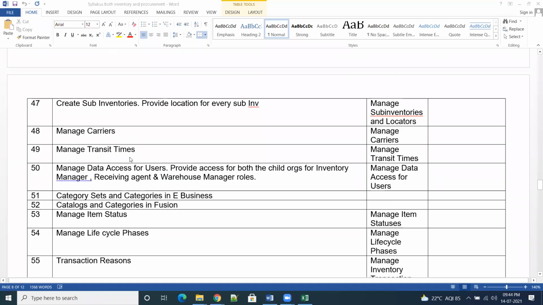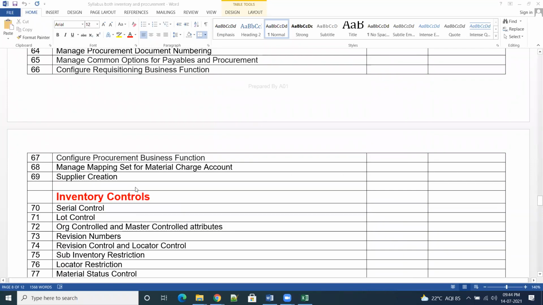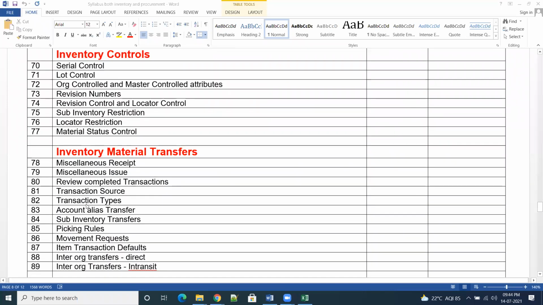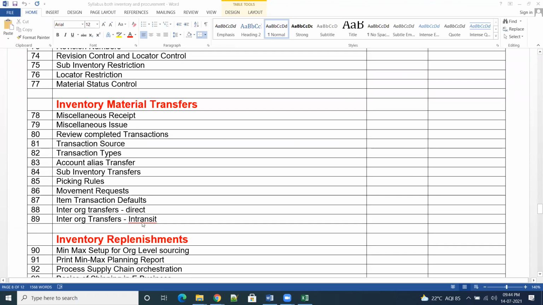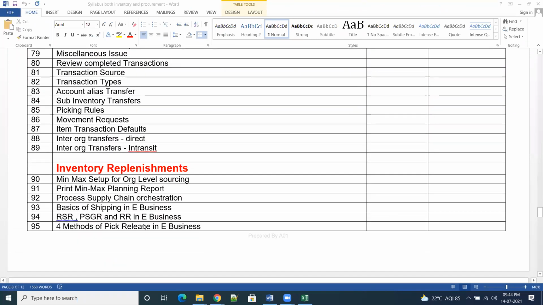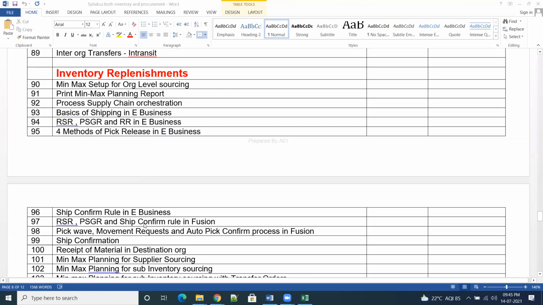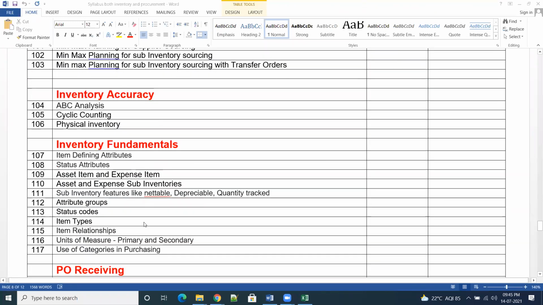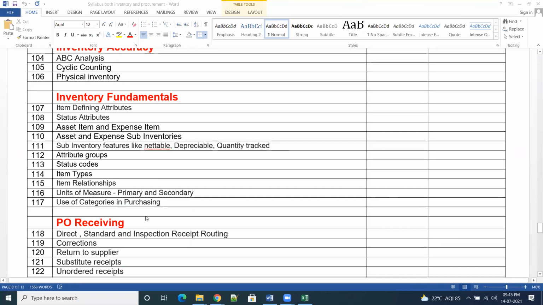Okay. Is there any concept called inter-organization transfers? Yeah. While doing our inventory control, inventory material transfers, we can see direct transit. Inter-org is like moving material from one org to another org. Correct. See, there are two things: inter and intra.